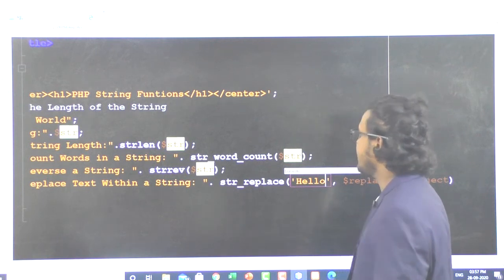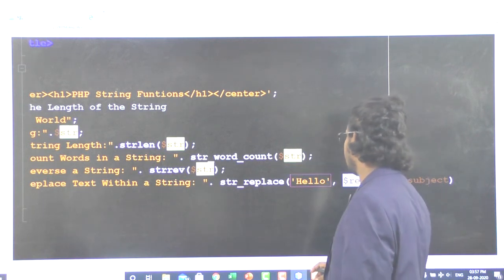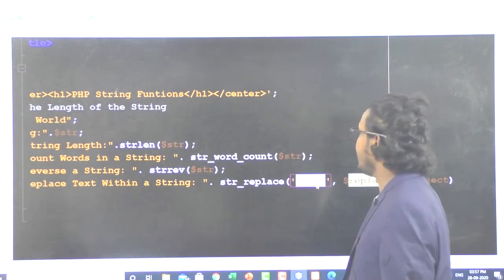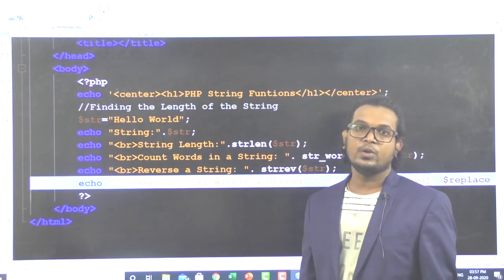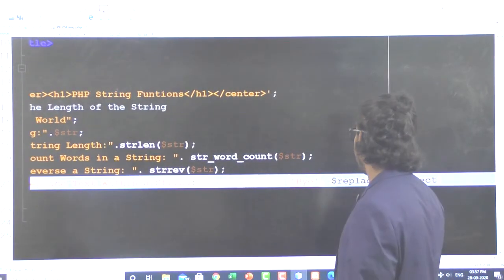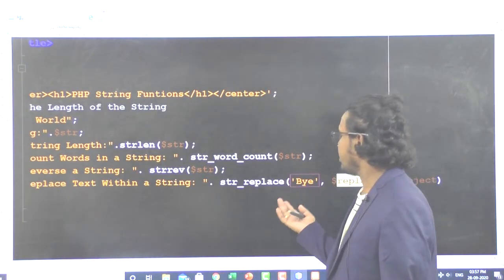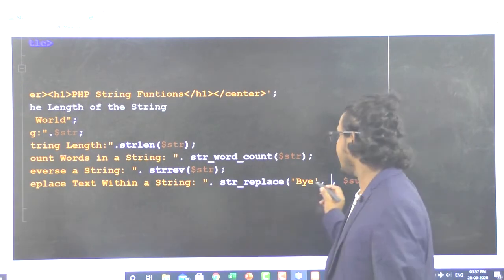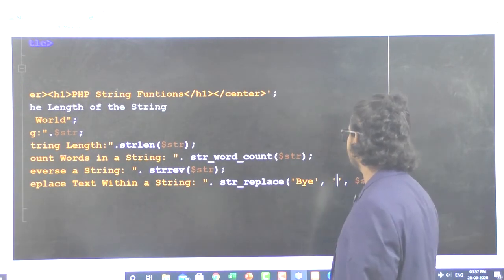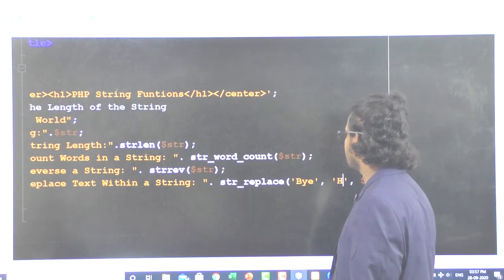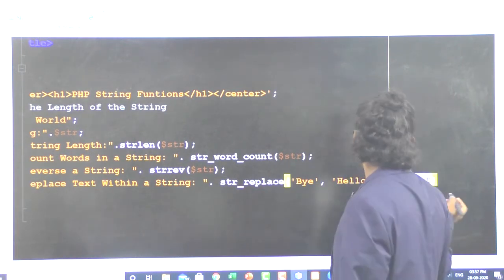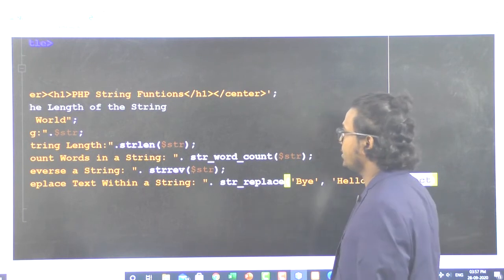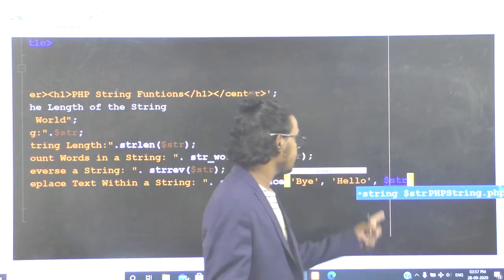For the replacement keyword, you write the word by which you want to replace. Next you pass your entire string here.